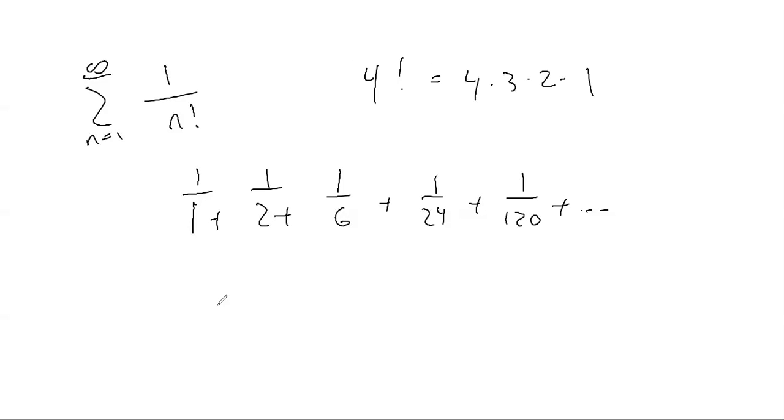Maybe just by looking at this, I can see that these terms are larger than the powers of 2, these denominators. So I could say this is less than 1 over 1 plus 1 over 2 plus 1 over 4 plus 1 over 8 plus 1 over 16, etc. So that's the intuition. We would maybe need to be a bit more rigorous in showing that. And how could we do that? We could say,